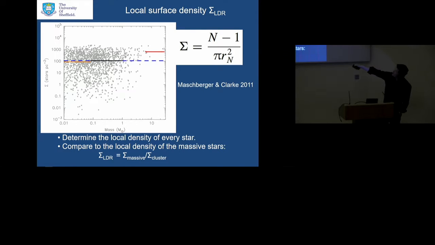And then you'll get a median density for the whole star forming region, shown by the blue dashed line. And then maybe the most massive stars have a different spatial distribution. Maybe the brown dwarfs have a different spatial distribution. And we can then quantify the differences in these distributions and add a statistical significance to it. And all I'm going to show you in the next few slides is we're going to divide the median surface density of the most massive star by the median surface density of the star forming region as a whole.